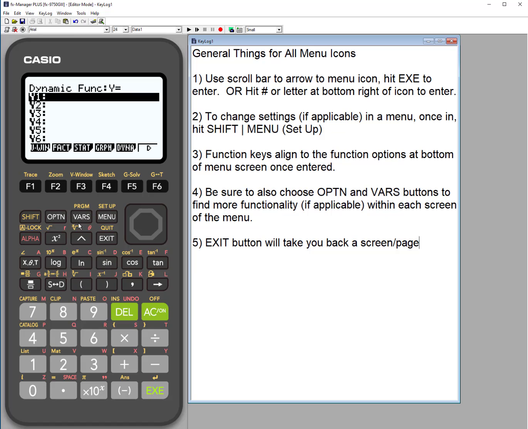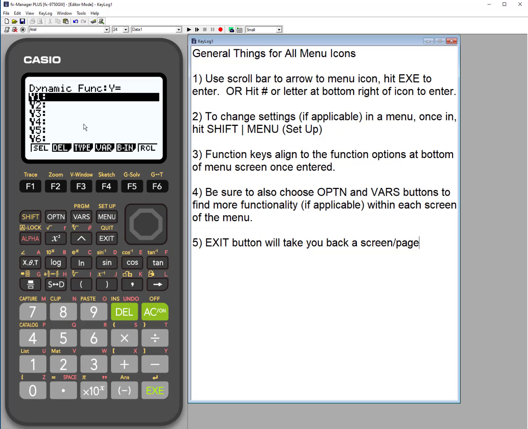This also is the same thing. Variables gives me some other options that I could use. So if I hit stat, what does that mean? You'll see there are lots of different ways and options within the menu just by clicking these buttons and then using my function keys. So let's get back to our initial landing page and talk about what dynamic graph does.